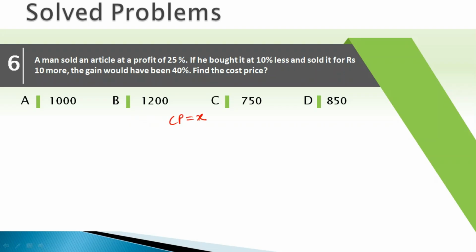Let's consider the CP to be X. So in case 1, the CP was X and the person has made a profit of 25%, then SP would be 1.25 of X, right? 25% more, then it would be 1.25 of X. Now if he had bought it 10% less, so in case 2, let's say we have rupees 100 with us, 10 less means 90,